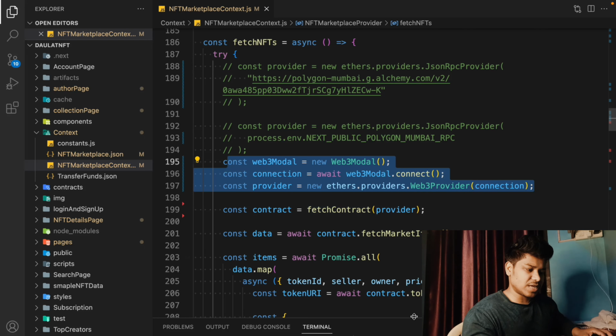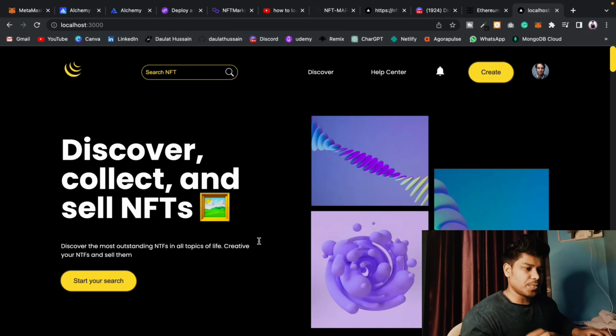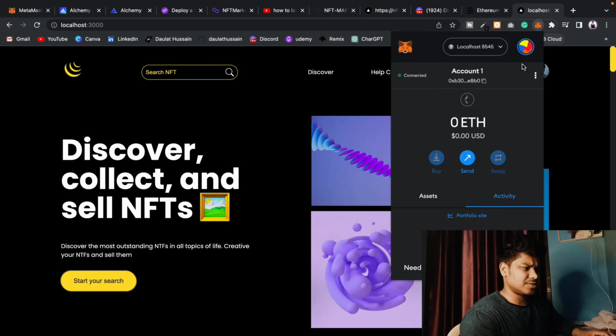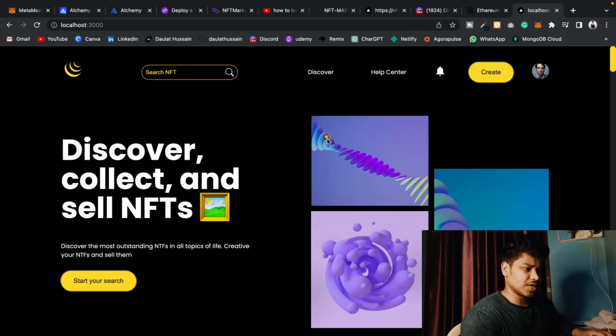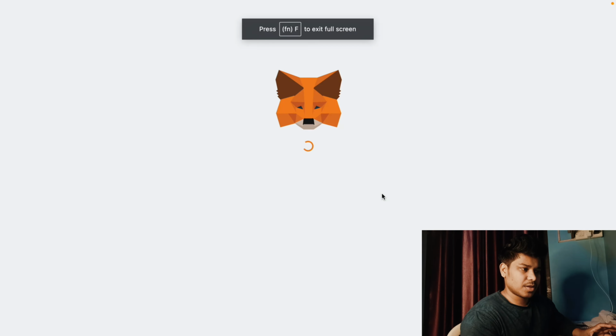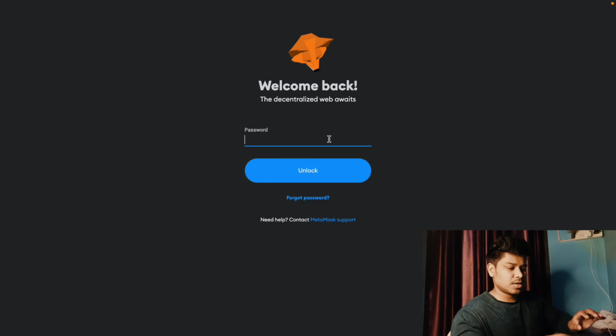As we have already started our server, everything looks good. Now it's time to test this out. So let's open it, and here you can see it's already working fine. It's got automatically connected. All I have to do is reconnect, so I'll click here and simply log out from this application. If I do that, you will find that I have no error. It will automatically open MetaMask, I have to put in the password, and I will get into the application,